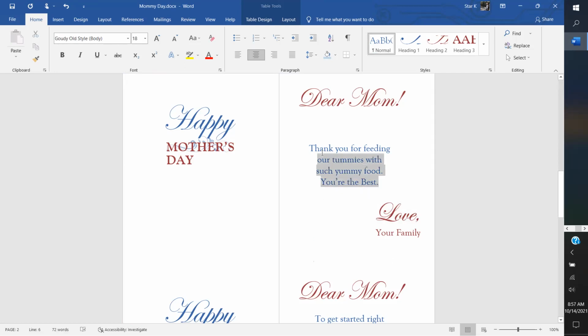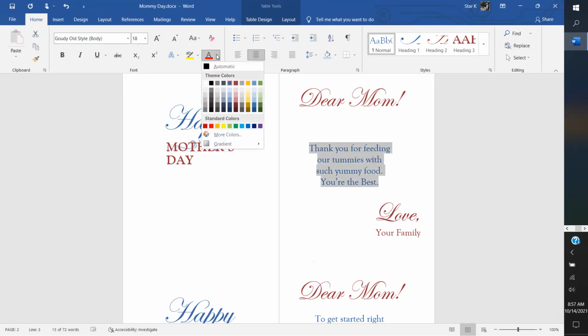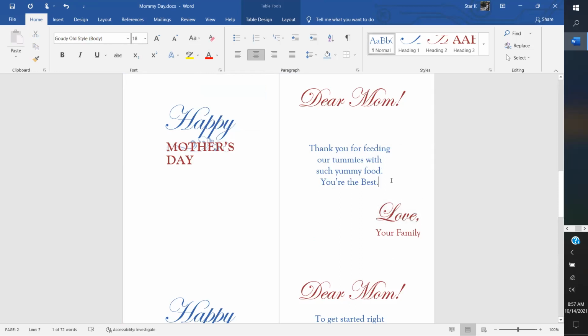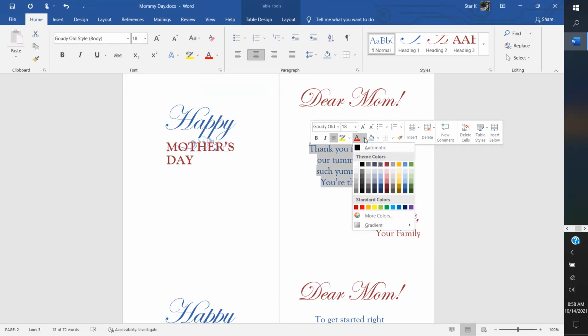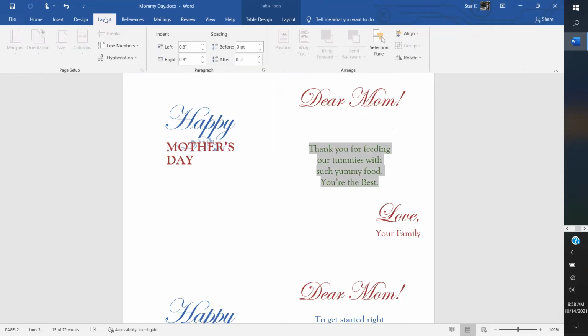Maybe we want to change the coloring of that, right? So the next thing we want to do is highlight it. You see what I did? I moved my cursor to the end of the message, and then I held it and dragged to "thank you," because that's what I want to change. This typically pops up for you what you want to change. So I'm going to change the color to that color. And then let's do the layout and see what actions we have. Not much with that. Okay, let's play with the